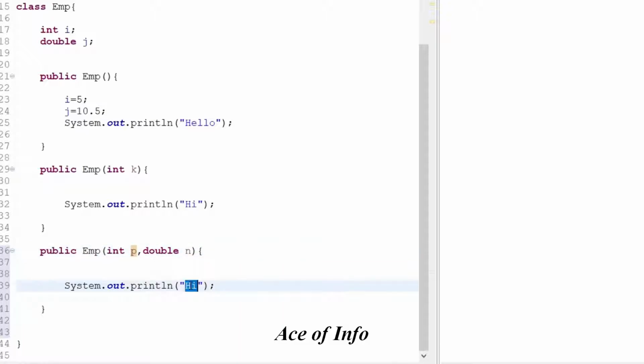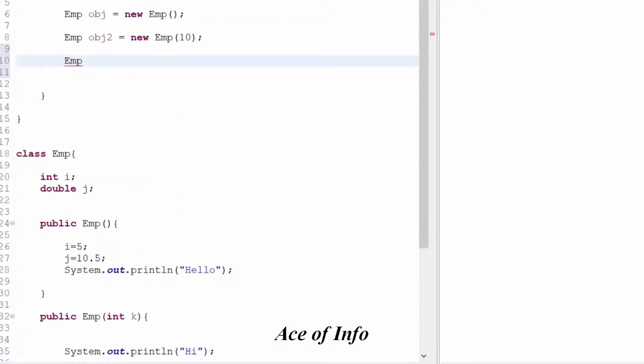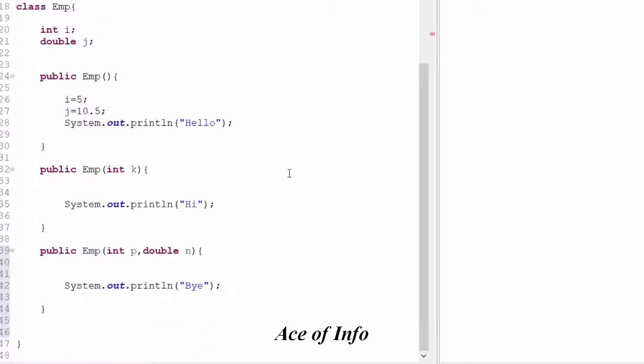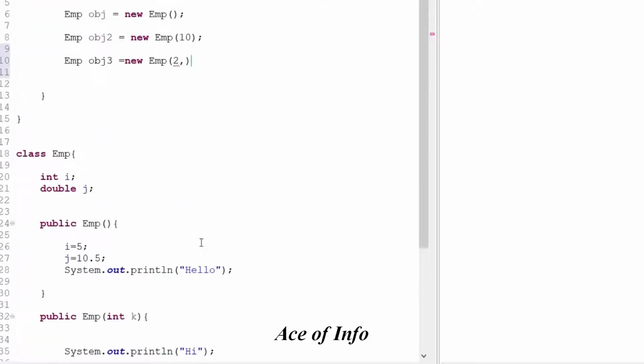And then if I print here something like bye or something, here you can create another object by using the next constructor, but this time you have to pass two parameters. First one is an integer, because this one is integer, and next one is a double value, so I will pass another double value like this.